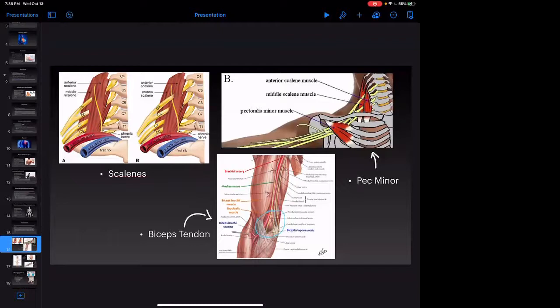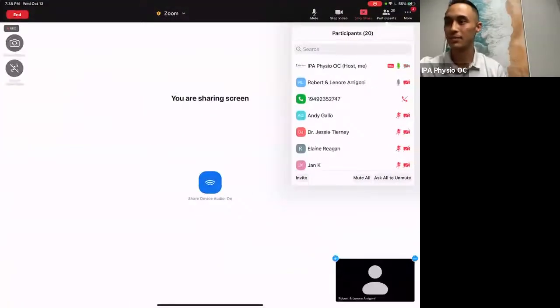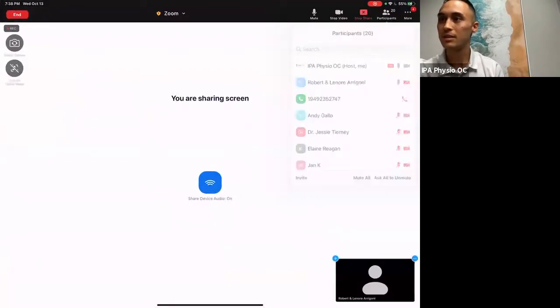I'm going to switch my screen real fast to see if I can show you guys what I'm talking about. Okay. So I'm looking right along the side of my neck here. If you can't exactly see where I'm pressing,